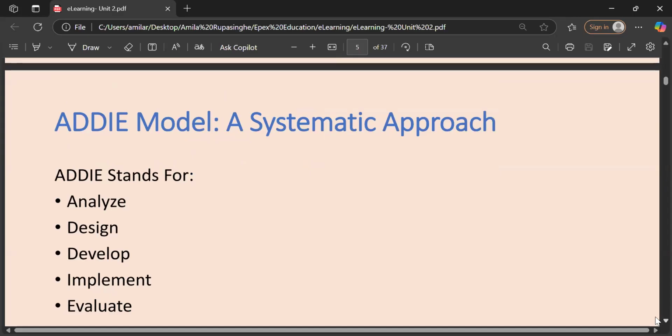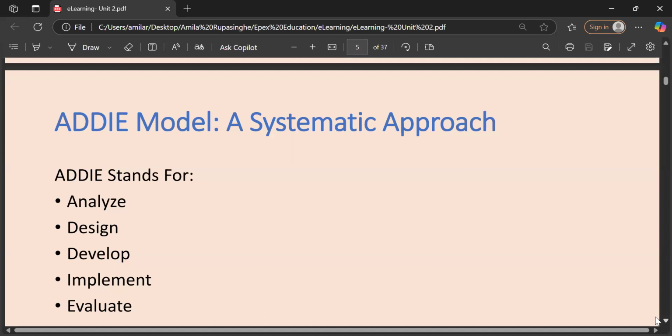Now, I told you we need some systematic way of designing e-learning instructional design, especially for e-learning, not like in normal learning, in e-learning we have lots of challenges to overcome.